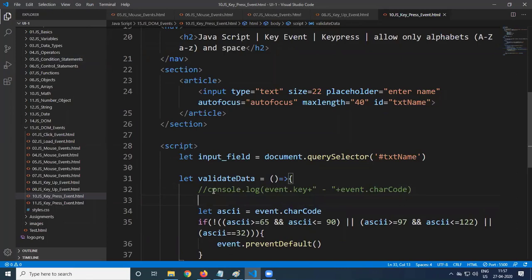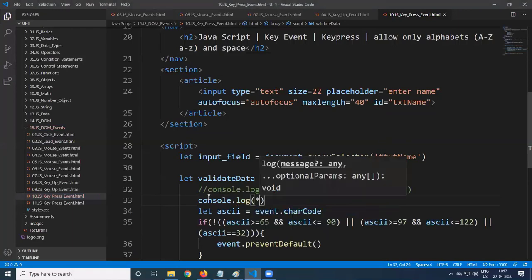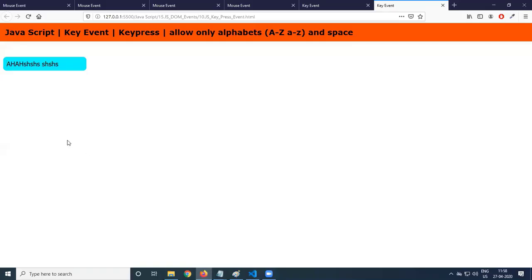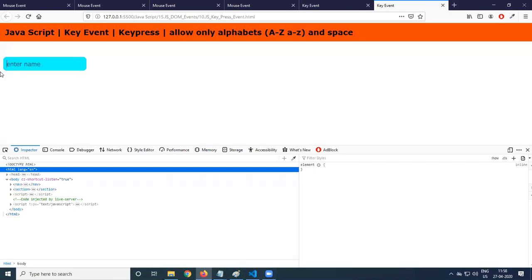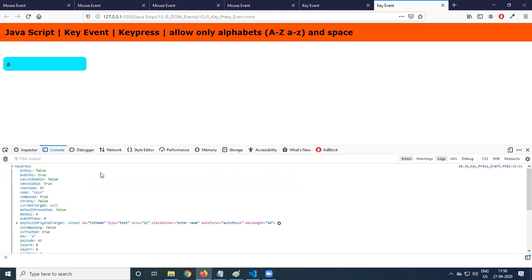If you want to see whatever properties are there, console.log the event, a predefined object, to see what type of event has occurred. Inspect element. Inside the console, I'll press a character A, key press. I use char code directly.